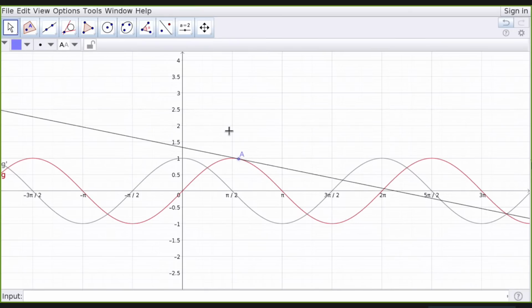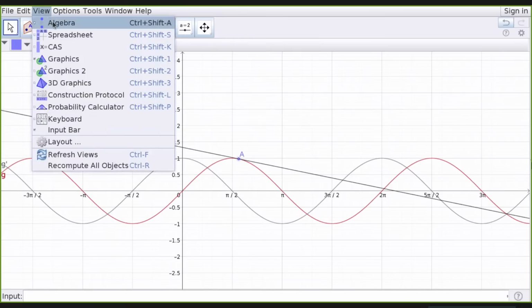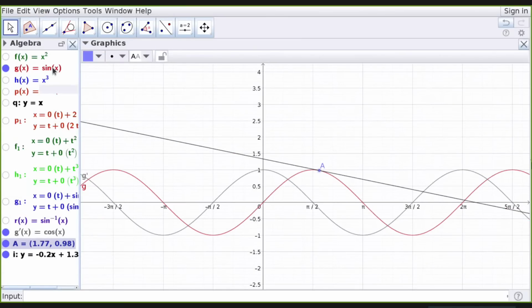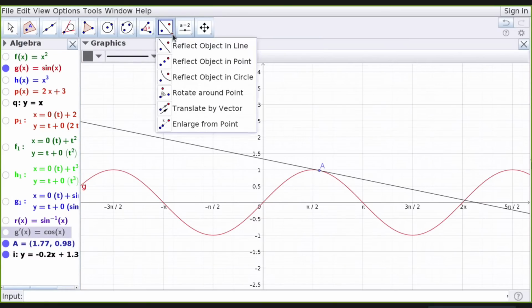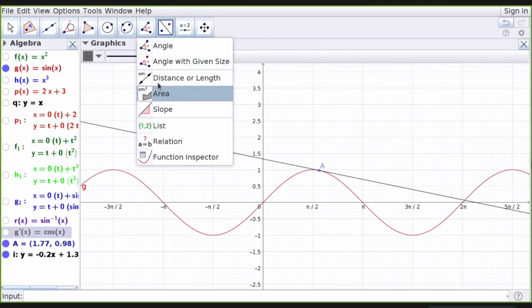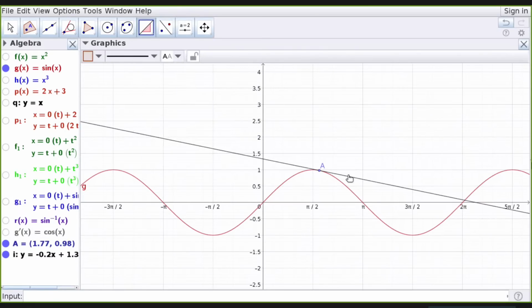Okay. Now, going to the algebra view, I will hide my G prime, let A and other things be there. Then I will go to the measuring tools, choose slope, and click on the line.